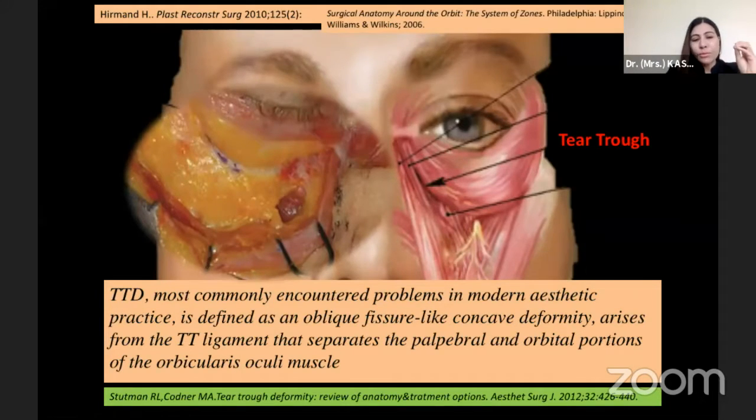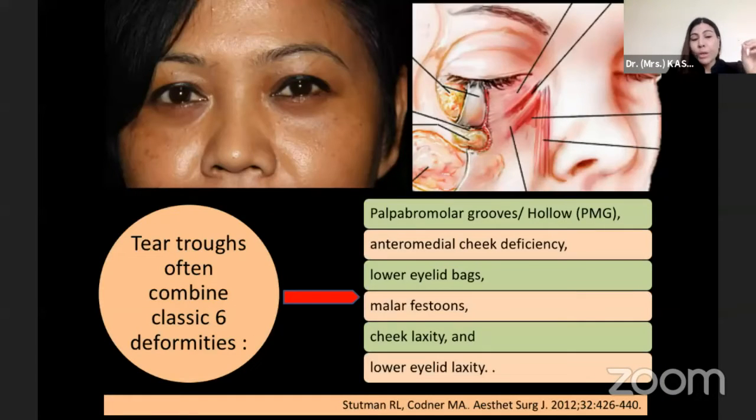So when we talk about the periorbital part, what is the major concern, and it is being discussed in most of the forums, is the tear trough defect. What is this tear trough deformity? It can be a correct deformity when there is a separation between the palpebral and the orbital part of the orbicularis muscle, and this is known as a correct tear trough. But you should know to differentiate between the indirect or the incorrect tear trough, which is basically a separation or a groove between the orbital part of the orbicularis and the levator labii superioris alaeque nasi. Only if you can differentiate the two, then the line of treatment is different.